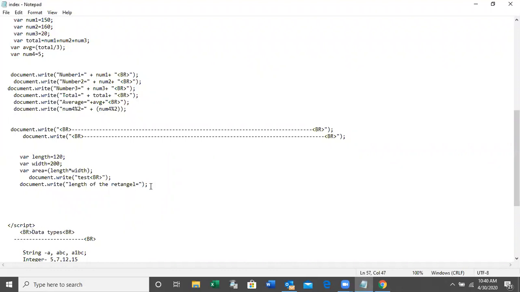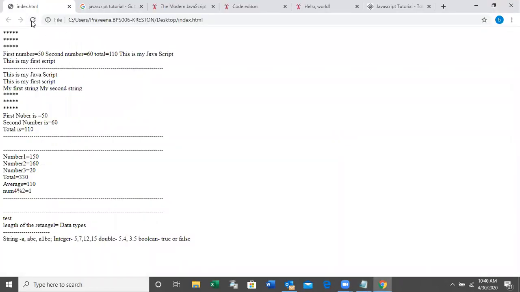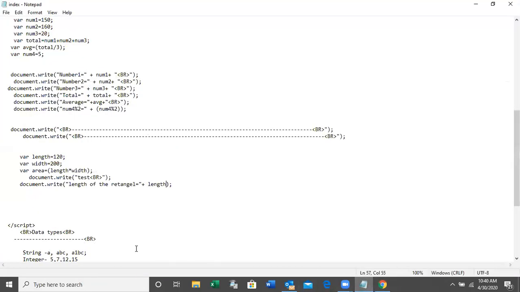Length of the rectangle equal, plus the variable name is length. Length of the rectangle is equal to 120.